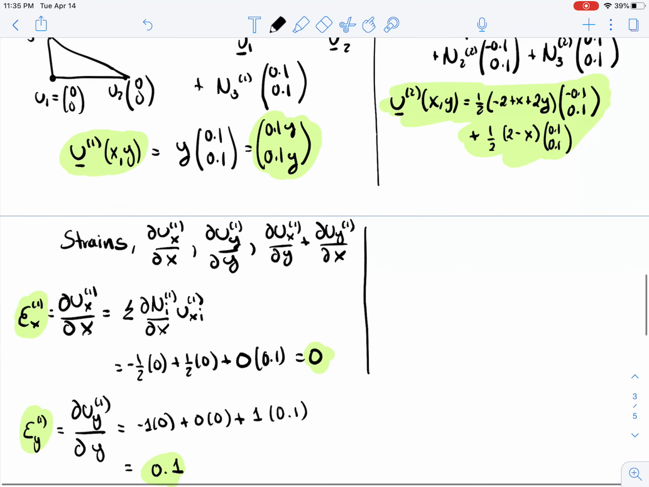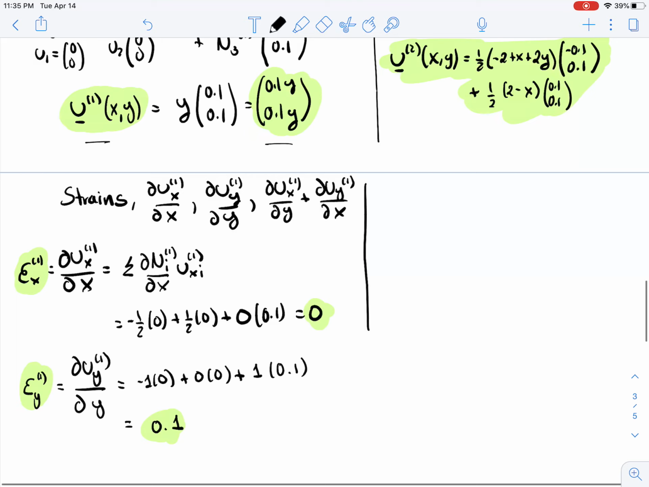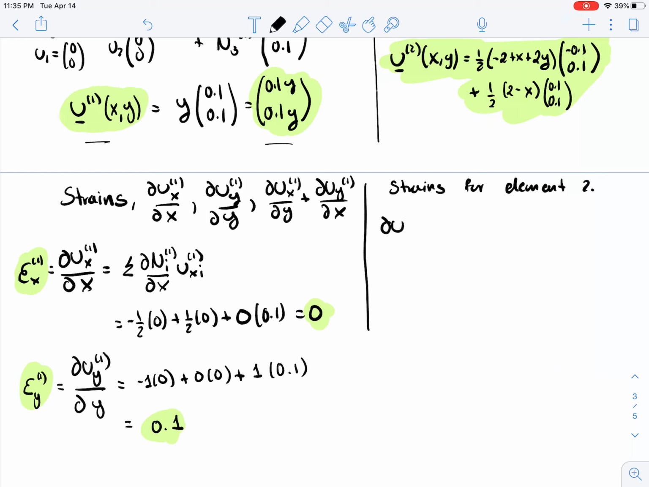for element 1. And note that because this is a constant strain triangle, the displacements are functions of linear functions of x and y. In this case it's just a function of y, and the strains are constant. And you could do the same for element 2. And again, I'm not gonna do all of them to save some time, but